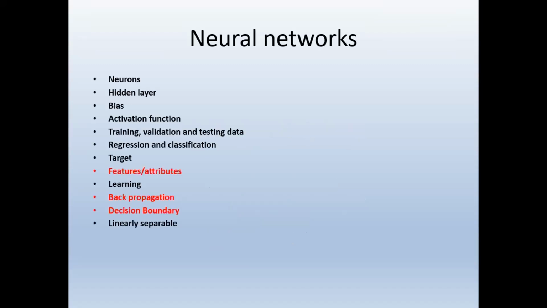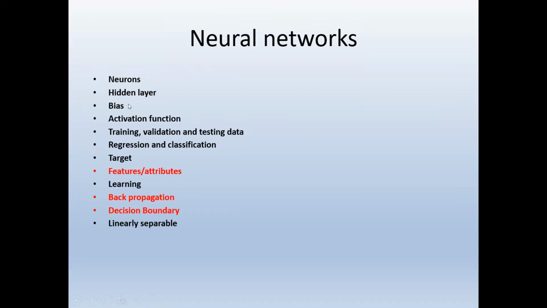So we are just starting the idea of a neural network. I hope all of you are well aware of these terminologies. Maybe during your first lectures about the fundamentals of machine learning, some of the terminologies were already heard, right? For example, whenever we talk about the neuron, you already know about that. It's a fundamental architecture of a neural network. Then you might know about the hidden layer. The hidden layer is the layer interconnecting the input layer and the output layer.